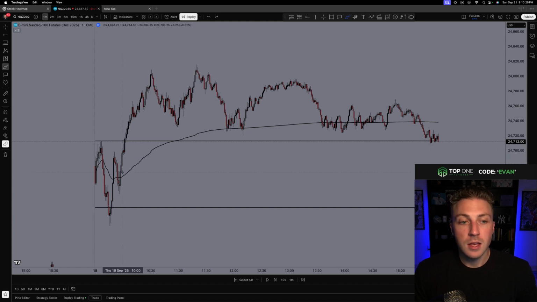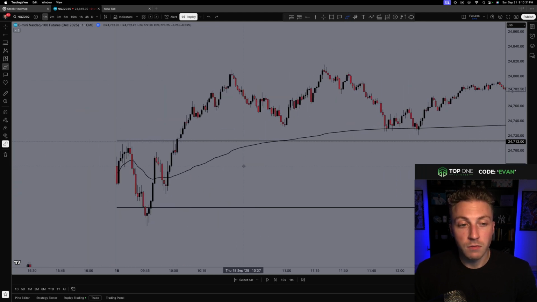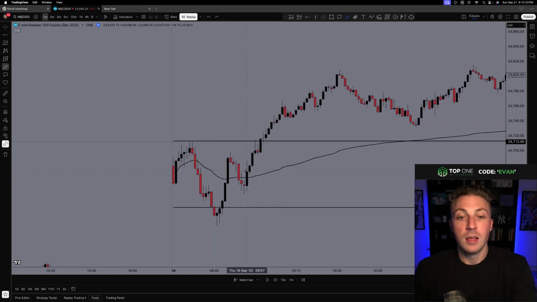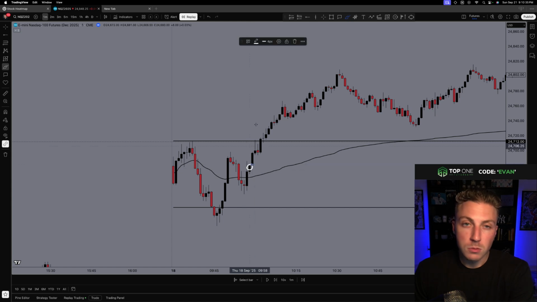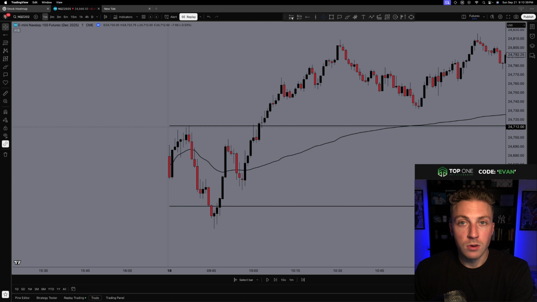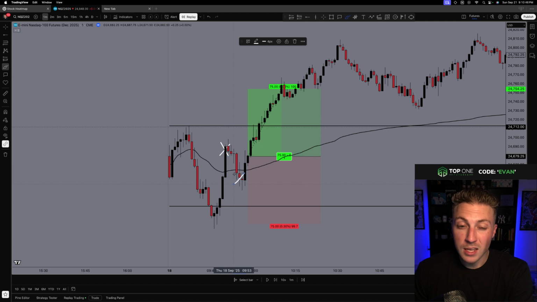But when you look back on the day, the first idea we could have played was actually this break back above New York. Now it's mid-range, don't love that, but it is in line with that 15-minute bias we just went over, the support of this New York VWAP, saying buyers took New York, sellers tried to take it back but failed. All right, now buyers are back in a second time. This thing might actually want to go higher